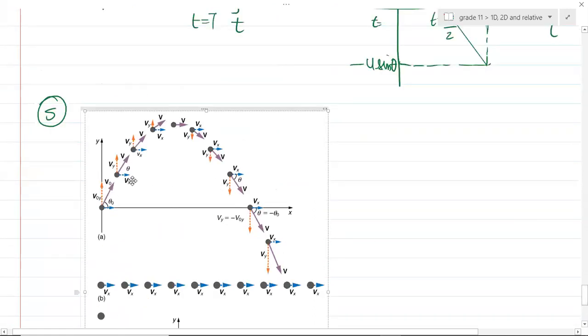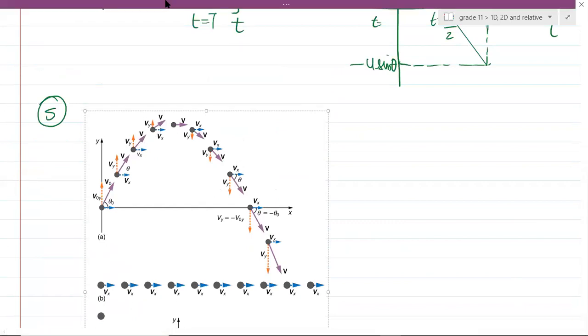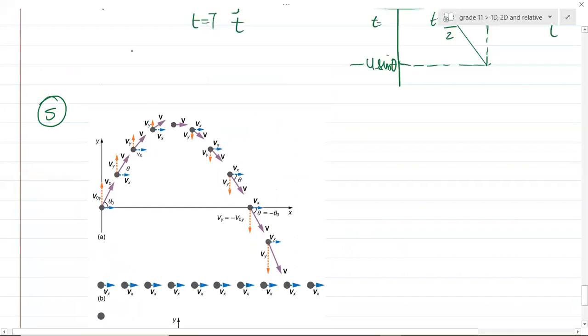Can you see the blue one, guys, now? Can you see the blue component of velocity every time? Even here, where the highest point is, even there will be this blue component, but that blue component will be hidden in the purple one. This blue is basically the horizontal component of final velocity. At any particular time, the horizontal component is given by the blue one.